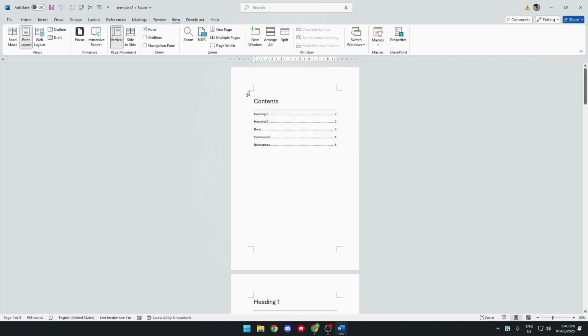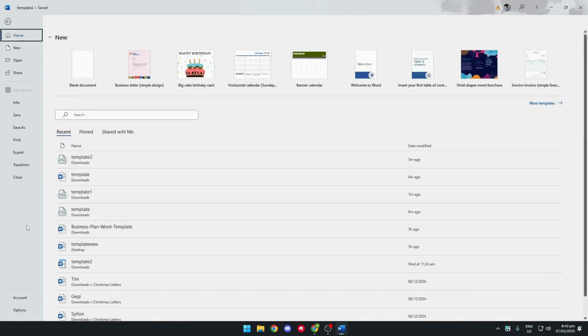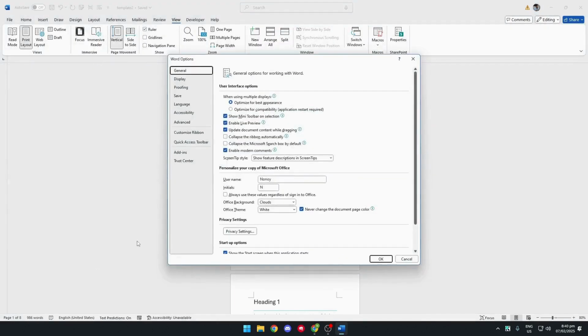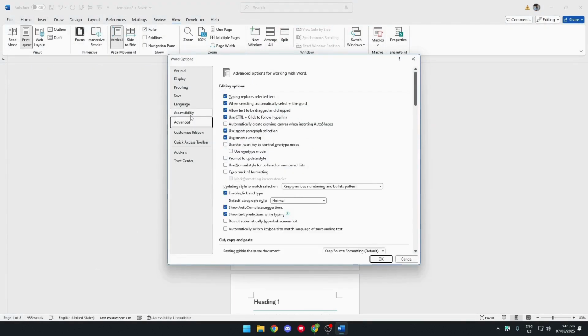Crop marks are these marks at every page, at the corners of every page, that indicate the spacing or the margins for that particular page. Now, if you want to see your document as it is printed, for example, you can opt to remove these crop marks. So to do that, simply click on the File tab, go over to the Options, click on Advanced,